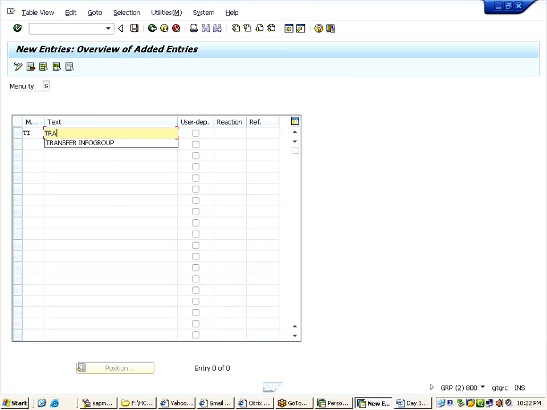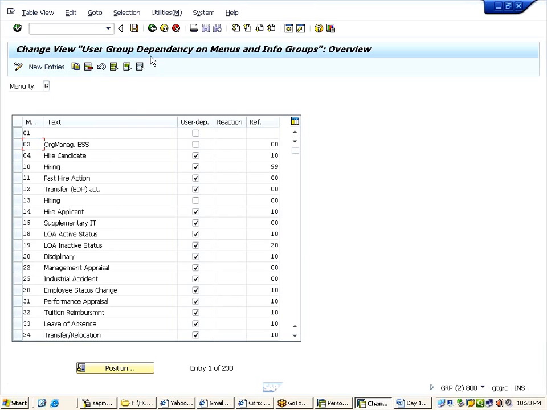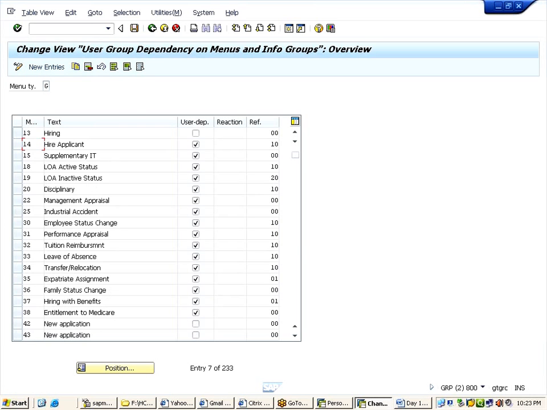Why? Because both belong to me. And save. Like this, here you can create as many info groups as you want as per your customer's requirement. The process is the same, but the entries might differ. That's it. Once you create the info group, click on back.